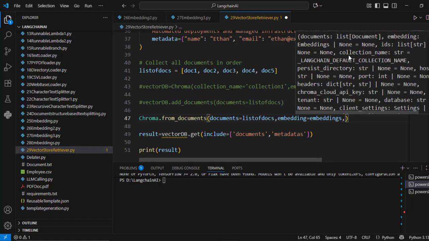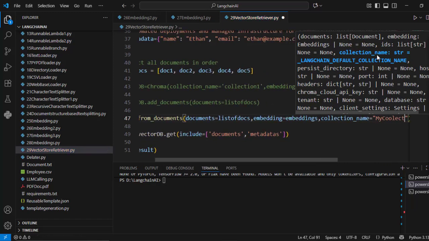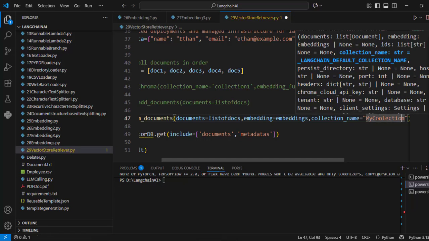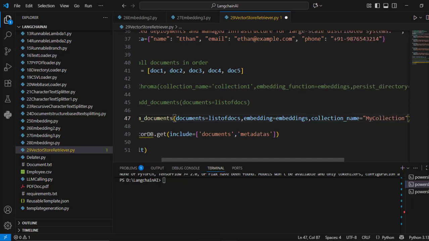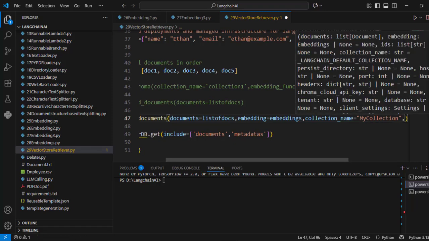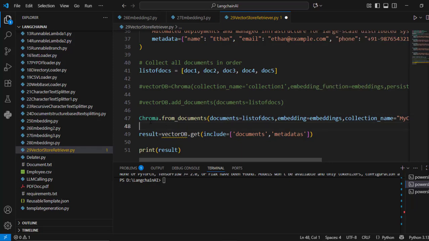Then I can also use the collection name. Collection name, I told you, is like a table. So you can give any name here for the collection, like my_collection. Let me correct the spelling of it. And if you want to make it persistent to the hard disk, then you have to give the persist_directory option, but I'm not giving it. I will keep it in memory. So that's fine. So the object is created and I will call it